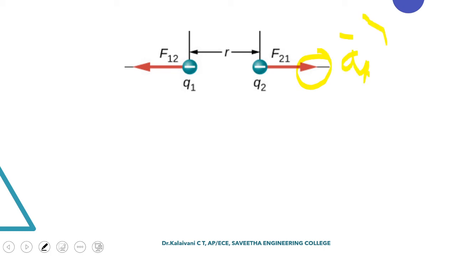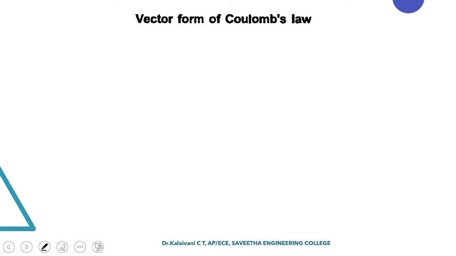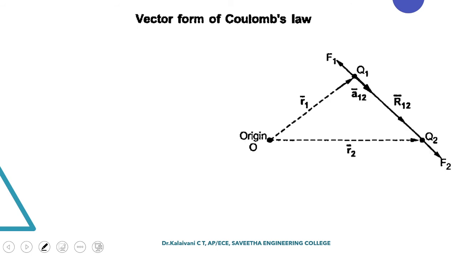Okay. So now it is minus minus. In case of plus and minus, it is the attractive case. Minus minus is repulsive, and plus and minus will be attractive. Similarly, the force and everything will remain the same. So the vector form of Coulomb's law, as I told, will have the a_R vector. For an example, we are considering two charges Q1 and Q2 placed at a distance of R12. So the direction is A12, from 1 to 2.